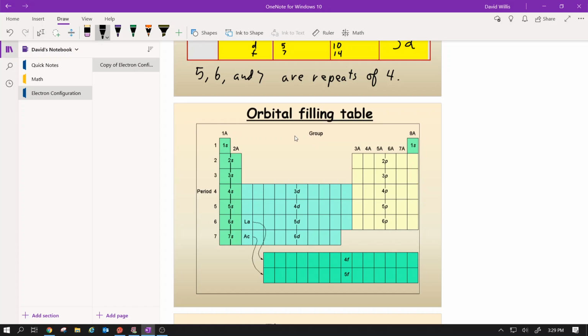All right. So orbitals, here's what I want you guys to see. Get your periodic table out and look at it, okay? I want you to see how the orbitals fill. And the orbitals are actually going to fill across, let's see,